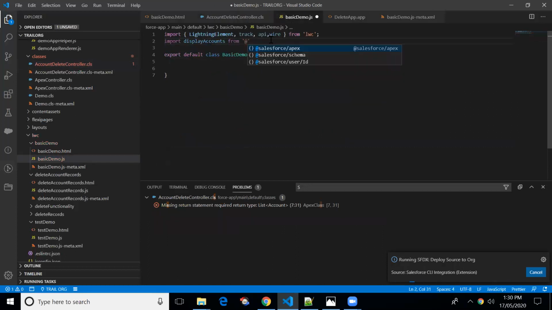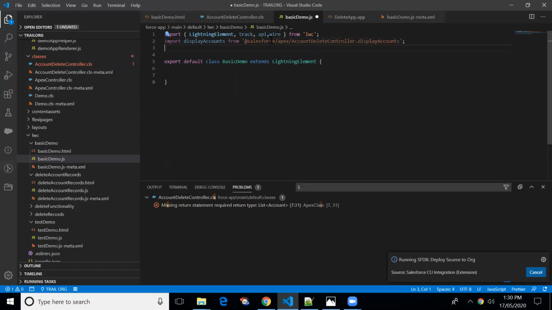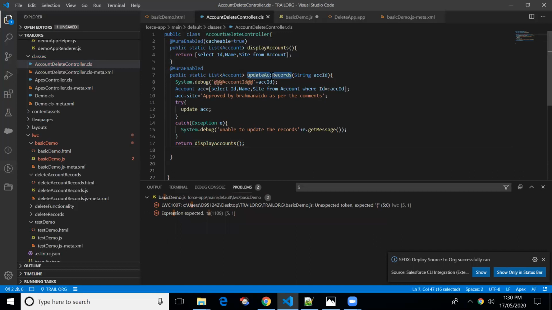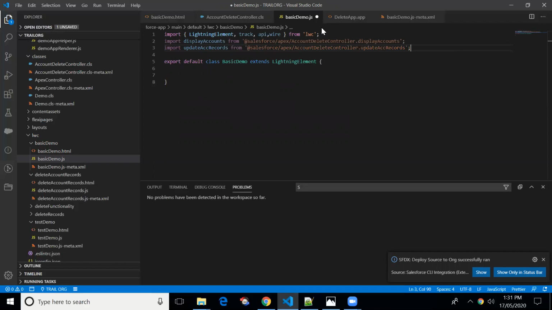I'll be importing this method from Apex, from the class AccountController and the name of the method. What is the second method name? updateAccountRecords, from AccountController.